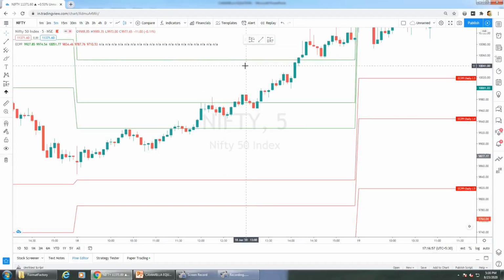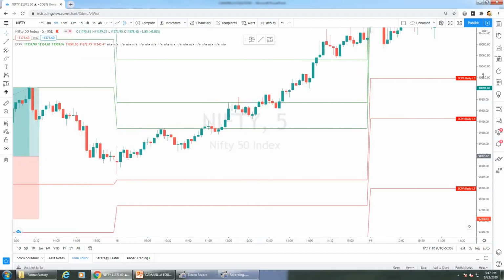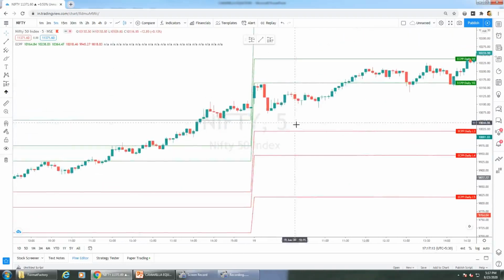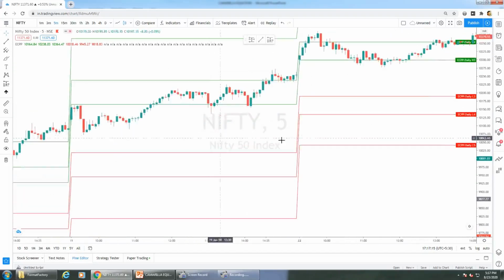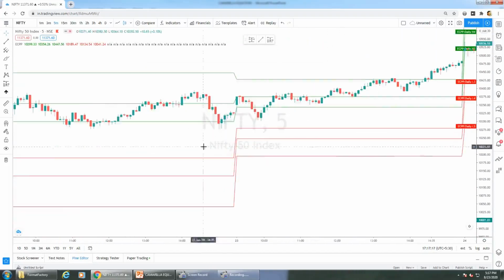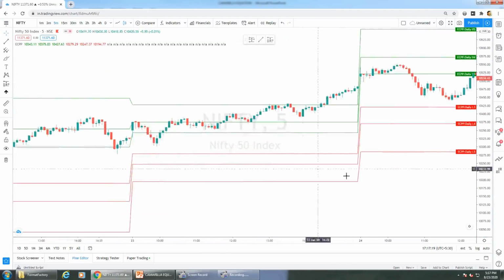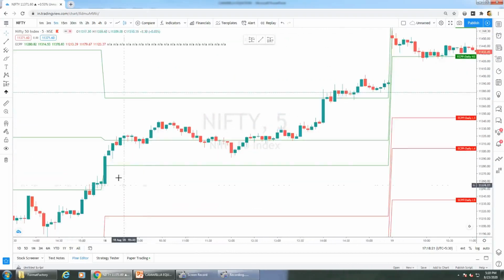We can't always expect the market to behave as we expect. So sometimes we do get stop losses hit, but we have an alternate, another trade which gives us a profit, right? So let me try to find some trade that didn't hit the stop loss. Let me find that. 18th August, this one can be a perfect example for this H4 breakout.